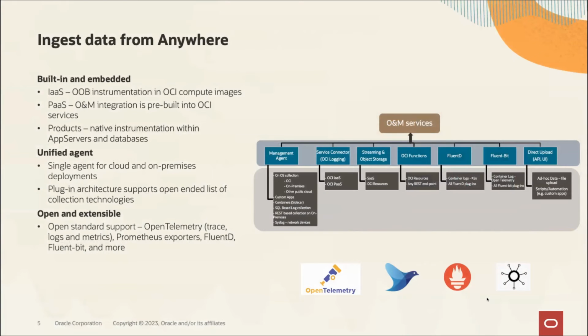When it comes to data ingestion, as I mentioned, we can ingest data anywhere. We have a very broad set of data ingestion capabilities. Within OCI, all our instrumentations are built into our product today, right? OCI compute images carry our micro agents so that we can ingest data automatically. All the PaaS services as well as OCI infrastructure services are already coded to send logs and metrics to customers' tenancy so that these can automatically be used for observability and management purposes.